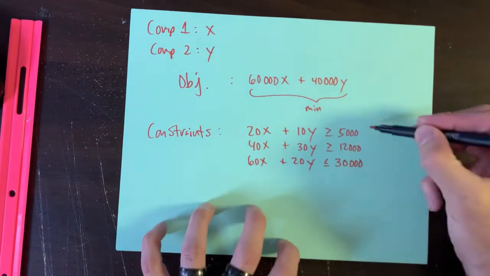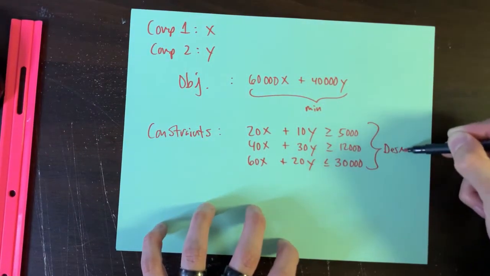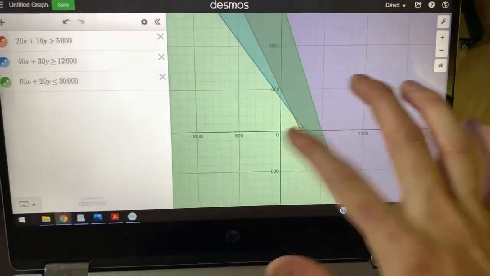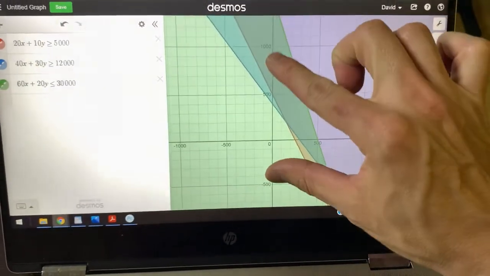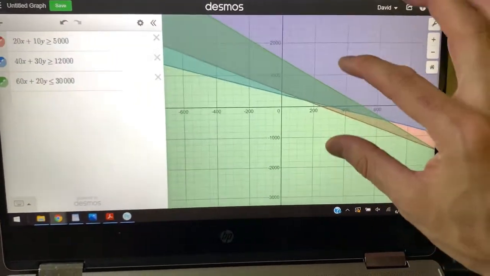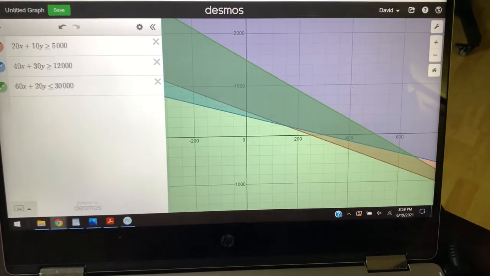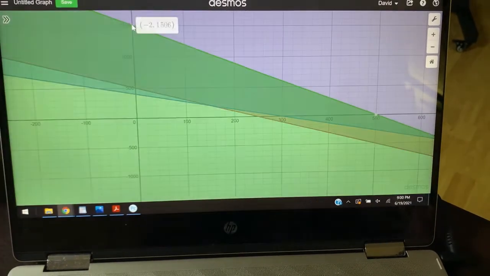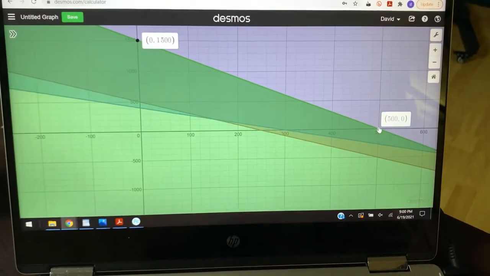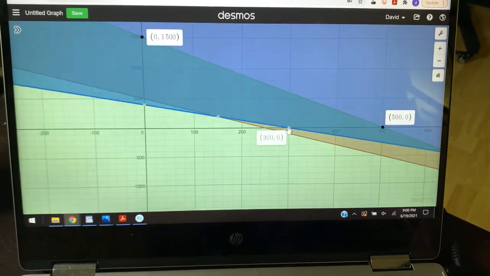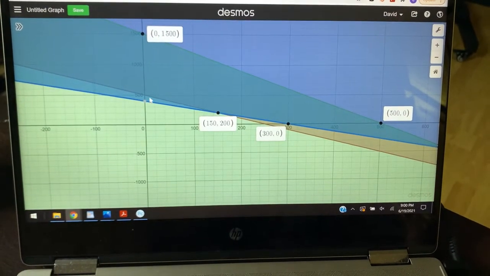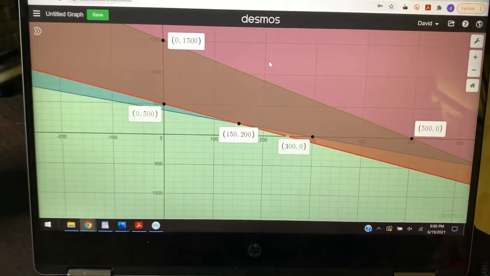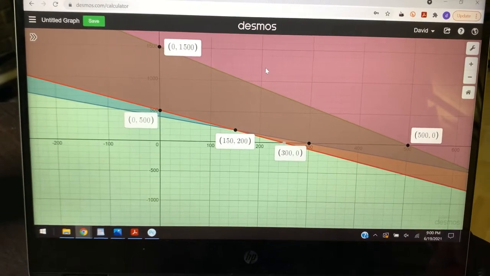So now what we can do is we can graph these on Desmos, and let's see what shape we get. On Desmos, if we zoom out and if we possibly pinch the y-axis so it looks more convenient, the region with all the colors is the region of interest. This space here is what we want to look at. We want to test this point, and we want to test this one. And it looks like there's a point here and a point there and a point even right here. So these 5 points, let's test these 5 points and see which one leads to the least amount of money